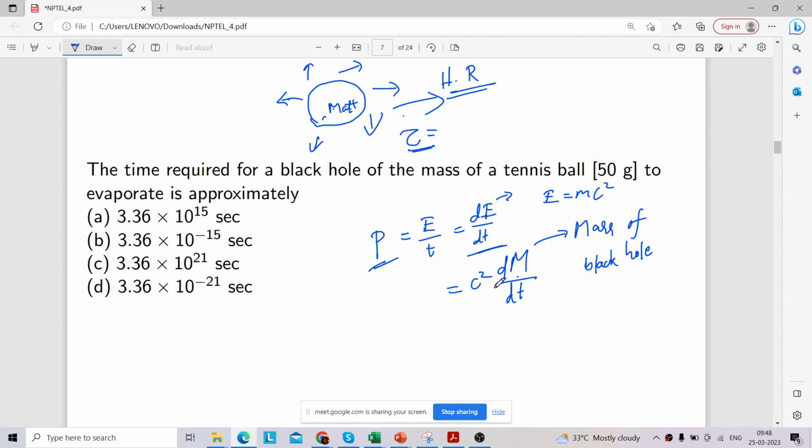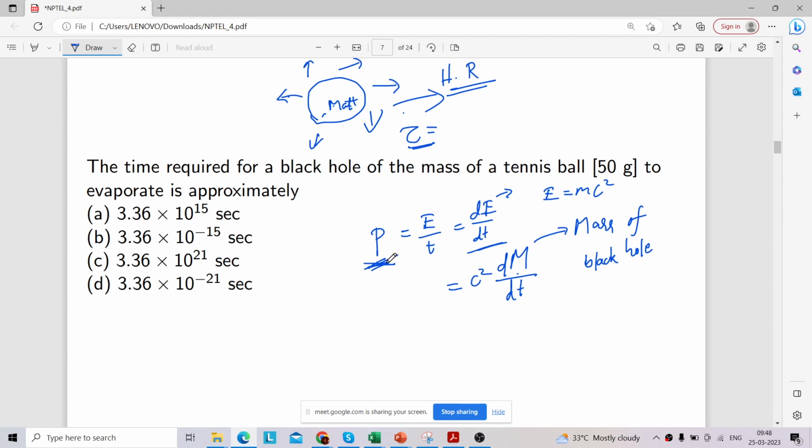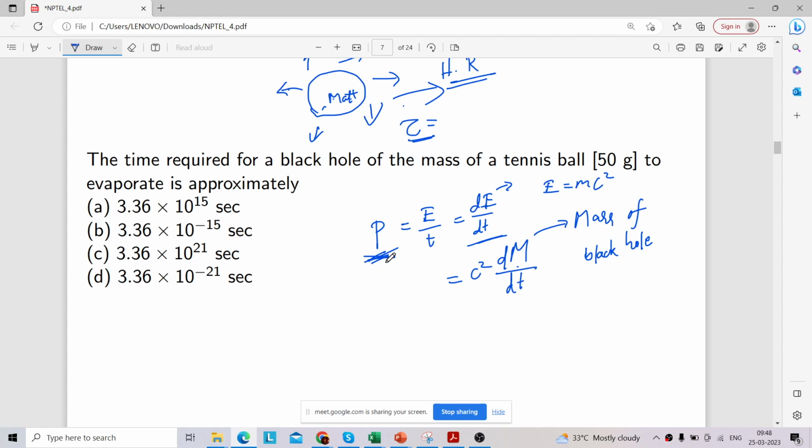Then, as we have power, we can use a formula that we recently studied, the Stefan-Boltzmann formula, that power per unit area is equal to sigma times T to the power 4,